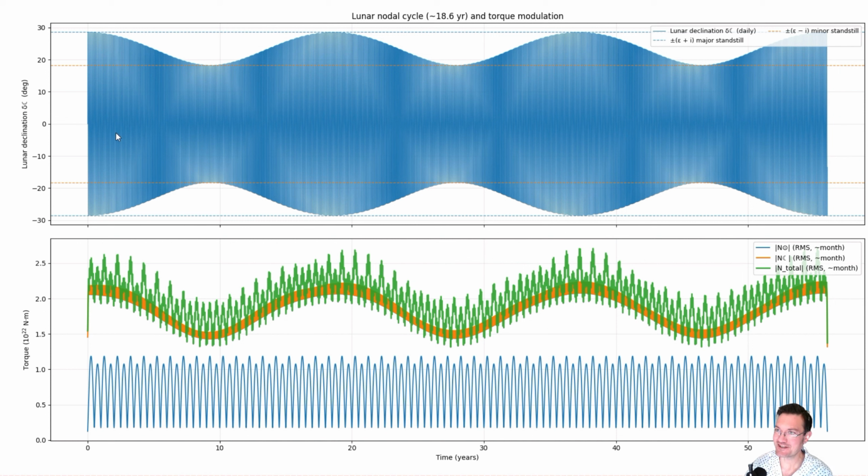Here's the lunar declination, and you can see it does oscillate between this major and minor standstill. In the bottom one here, blue is the solar torque that the sun exerts on the Earth, and in orange is the lunar torque, and you can see that it varies across here, and then the green's the total. So let's go ahead and zoom in a bit here,